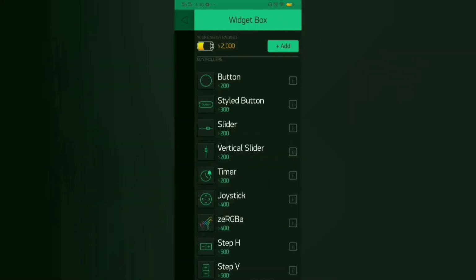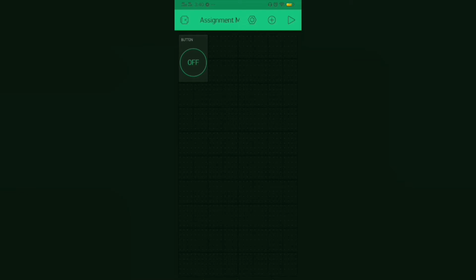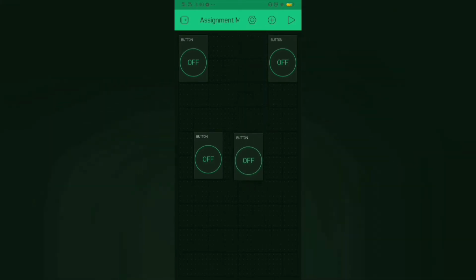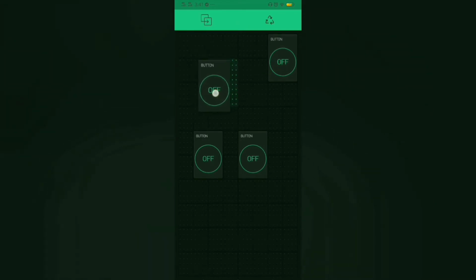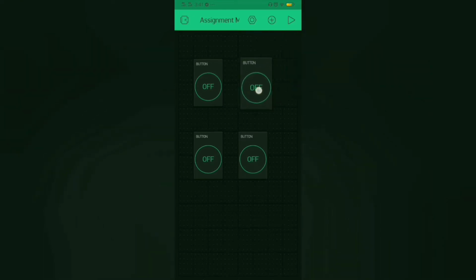For this project, I'm gonna use button 2, button 3 and button 4. Each button has its own functionality. You can just drag and drop the button.